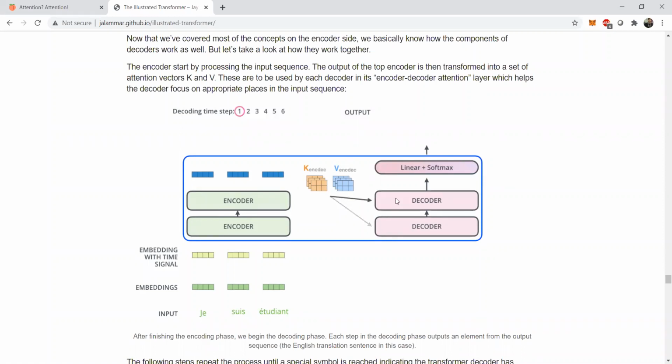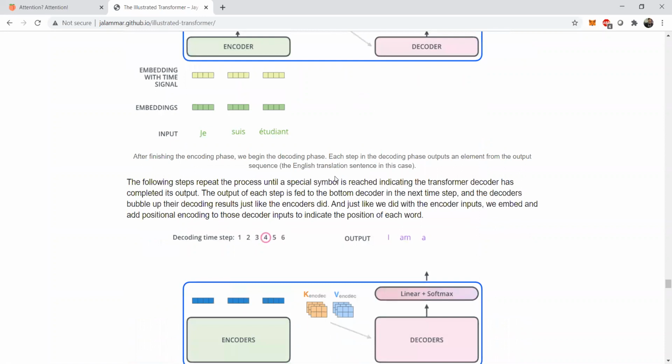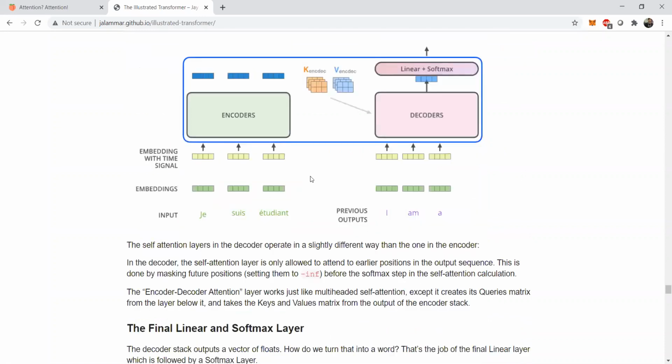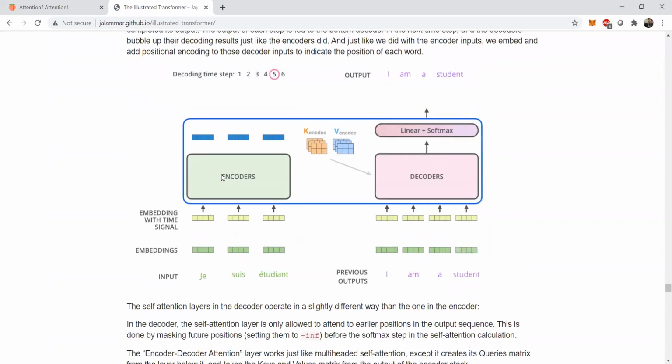So decoders are stacked on top of each other, and the final output of the decoder is passed through a linear and a softmax, a softmax activated linear or feed-forward dense network, right? So in this way, this GIF explains it very beautifully. If we were to stack all the encoders in a single manner and call them the encoder stack, the output of this encoder stack will be the K and the V, right?